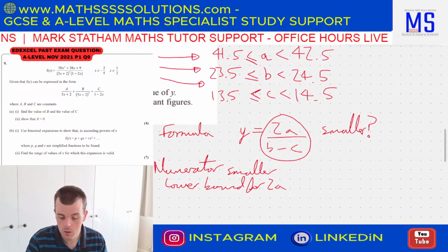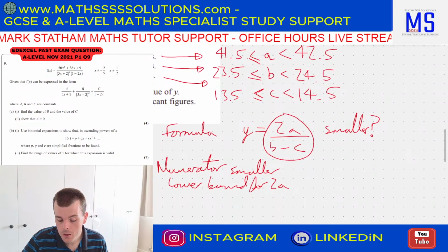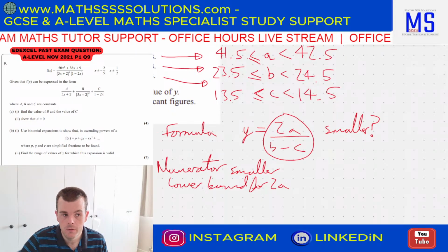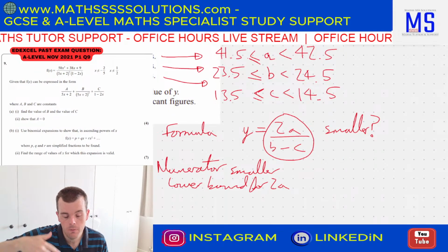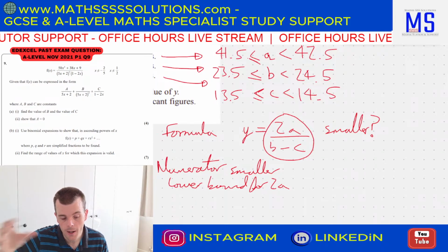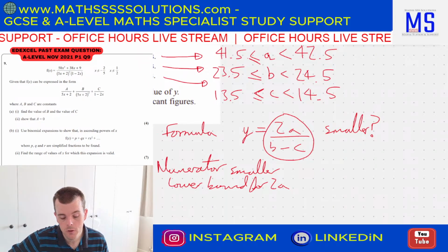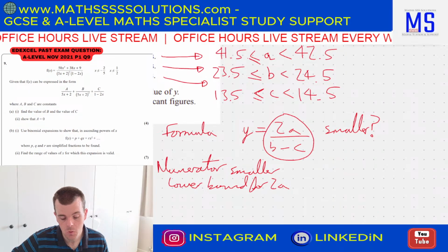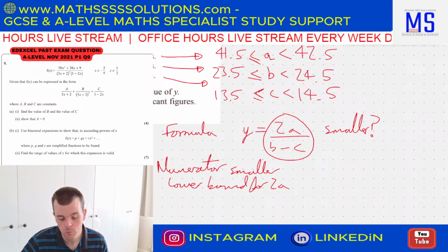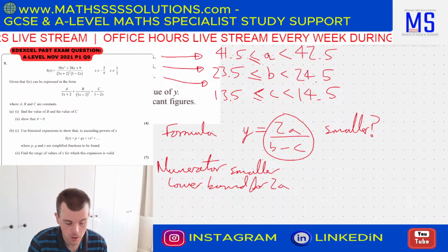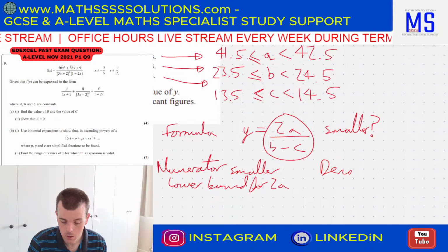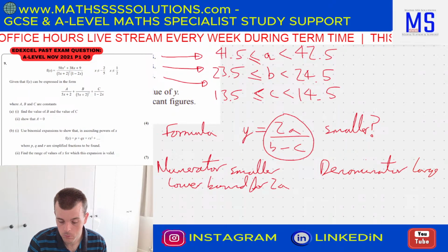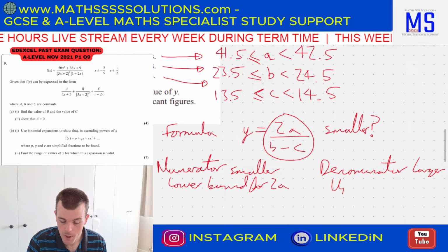But the big thing you need to remember is if you're making a fraction smaller, if you're thinking about dividing it into this many pieces, if you only divided it into one piece, the whole answer would be quite large. But if you're dividing it into many pieces, a lot of pieces, the answer becomes small. So you do the opposite on the denominator as you would to the numerator. So you need to make the denominator as large as possible. So what you need is an upper bound